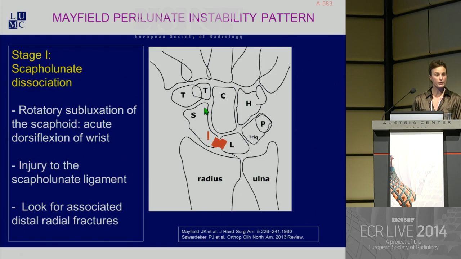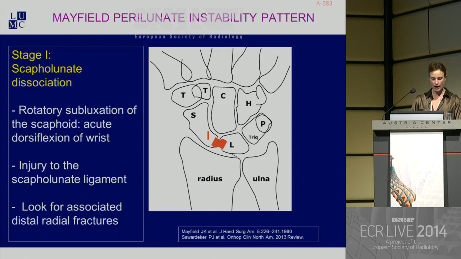So, the first stage of these perilunate instability patterns following the Mayfield classification is the scapholunate dislocation. Due to this hyperextension trauma of the wrist, we can have a rupture of the scapholunate ligament. In this particular case, we always have to look for associated fractures, especially fractures of the distal radius. And I think to understand why this ligament is more prone to this kind of injury than other ligaments